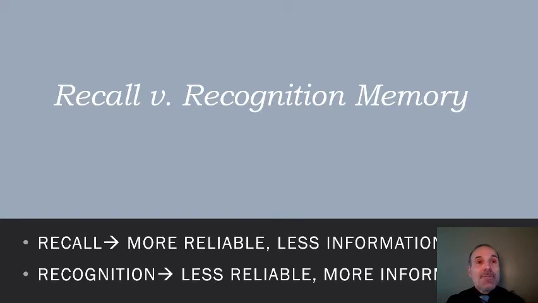Taking the victim to the scene of the crime, we talked about that. That's a very tried and true way to tap into recognition memory. Sights, smells, places, things can tap into recognition memory. Showing a child a sneaker, for example, or a painting on the wall could conceivably tap into recognition memory. They recognize it, it has some nexus or some connection to their experience, and by seeing it, it jogs their memory.